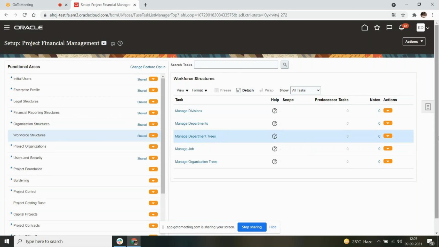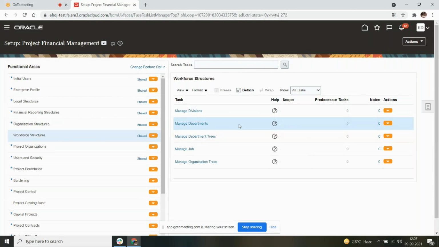Coming to the department trees, we are not going to create department trees. Sometimes we don't even create departments, as all the departments creation will be taken care of by the HCM team. If any of the department organizations are not part of the departments created by the HCM team, then yes, we have to create departments as well.